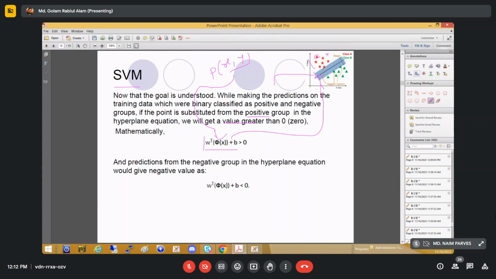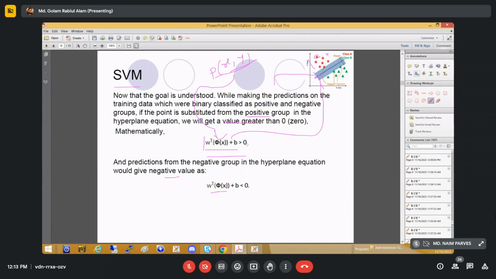Similarly, if we get a negative value, it means it is below the line, below the hyperplane. So we consider that as the negative class. So in the hyperplane equation, if we put the values of any data point, a positive value we consider positive, and a negative value we consider negative. But the problem is,